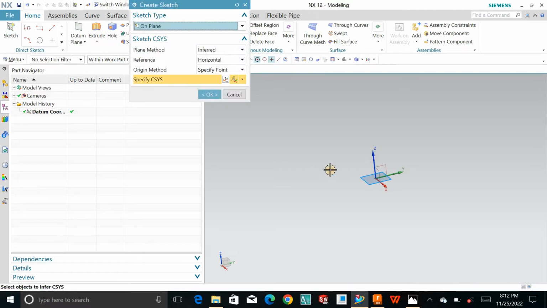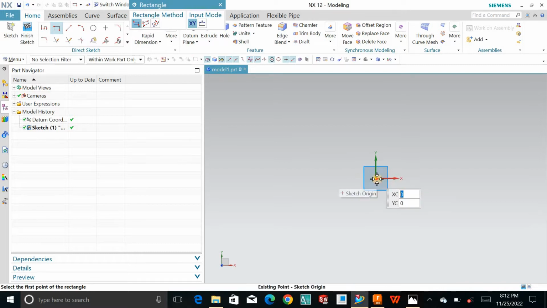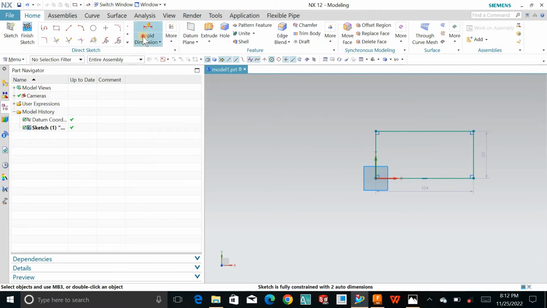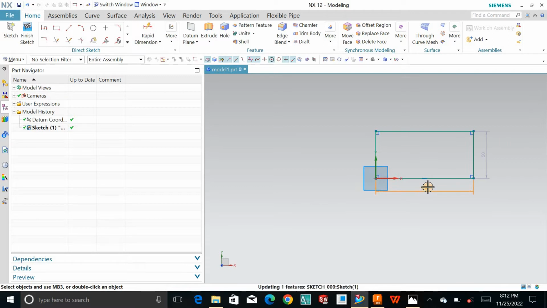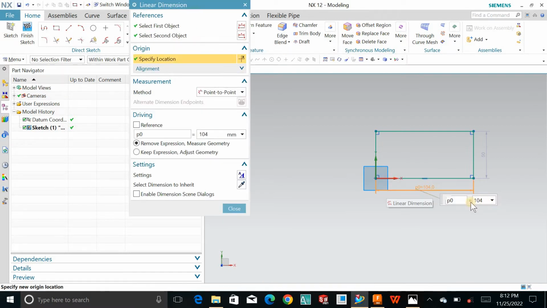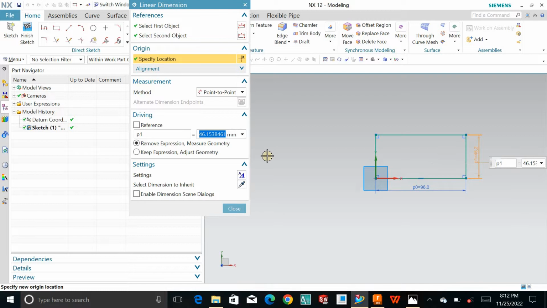and choose a proper plane, and I will say OK. Add a corner rectangle like this, and I'll go for the rapid dimensions, or if you don't, it's better to just set up these dimensions. Double click on this dimension and set this one to 96, and this one is 64, and I'll close this